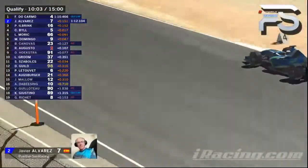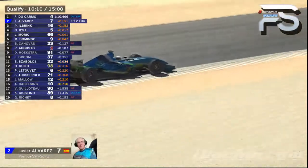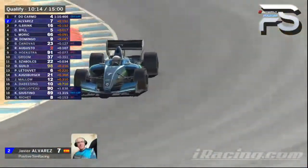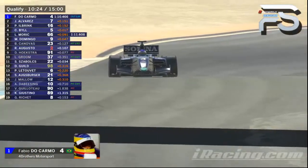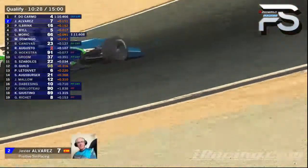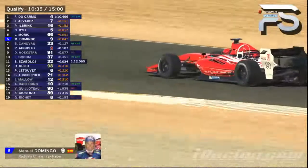10 minutes into the 15-minute session, it's open qualifying for this series, which means they are running on the track together. They get 15 minutes of allocated time, and within that time, their best lap counts. So it's still Do Carmo on the pole, provisional pole now. It looks like Paul Ilbrink has been pushed back to 3rd position, and it's Javier Alvarez that has taken the 2nd position. Cedric Beal now in 4th, Lubomir Moric is in 5th, Manuel Domingo in 6th, and let's take a